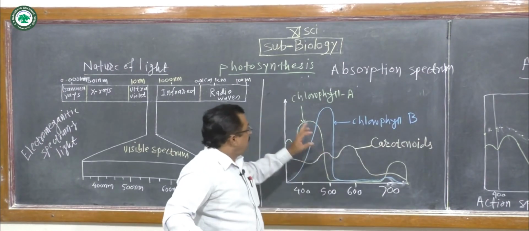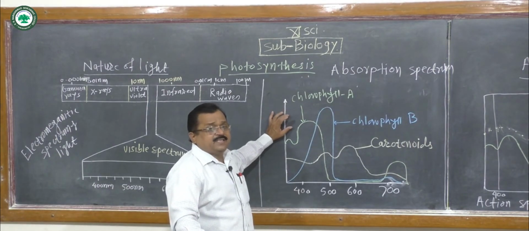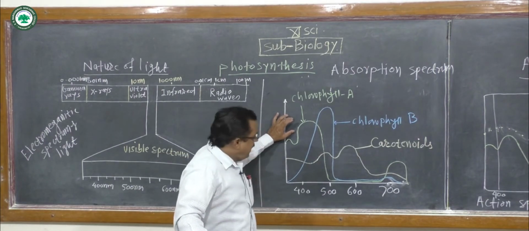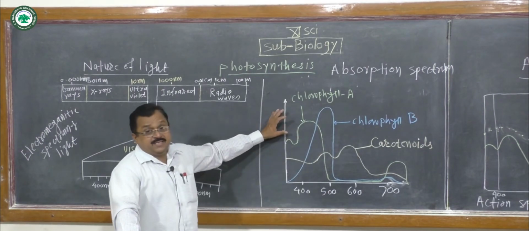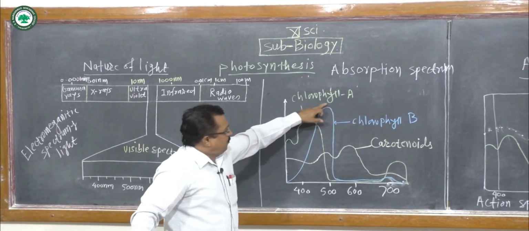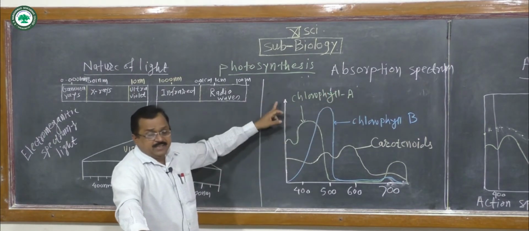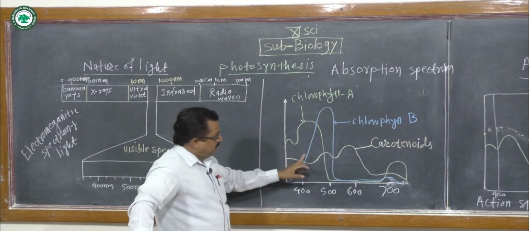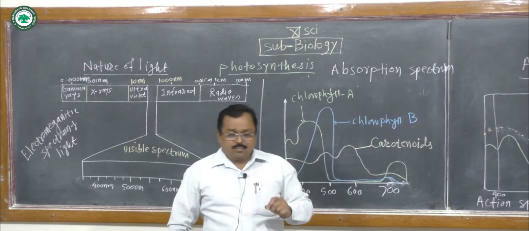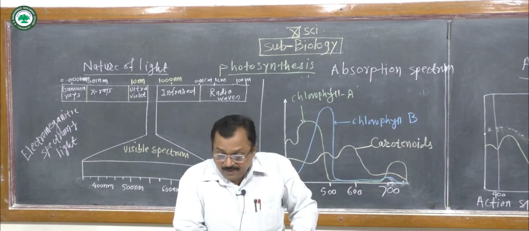They absorb the different wavelengths of light. Supportive in the sense that the accessory pigments absorb different wavelengths of light and transfer it to the reaction center. Which is the reaction center? The reaction center is nothing but chlorophyll A, where the light energy gets converted into chemical energy. Other pigments, that is chlorophyll B and carotenoids, absorb light of different wavelengths,